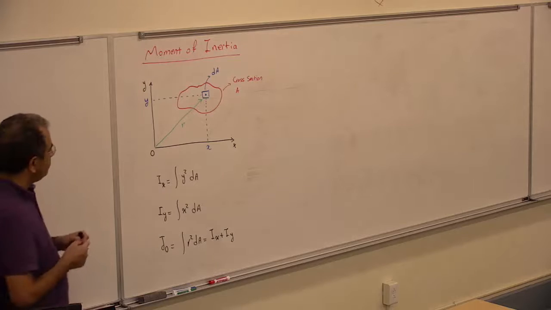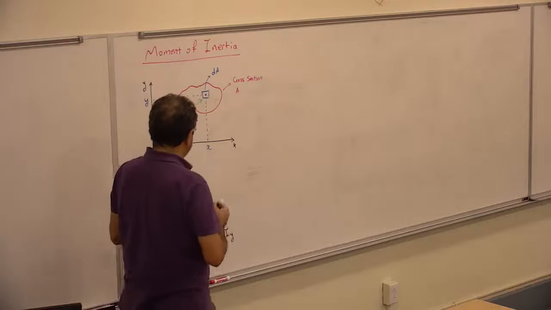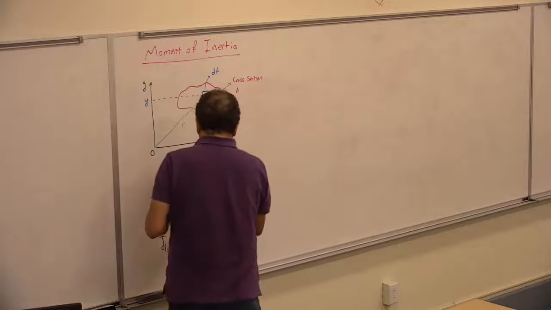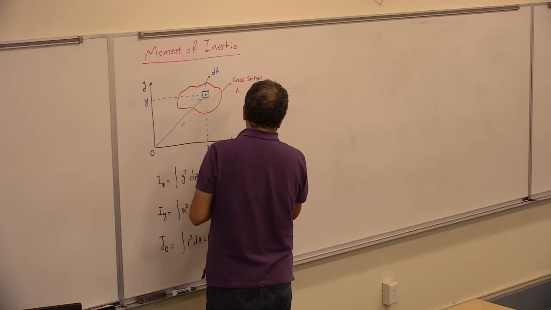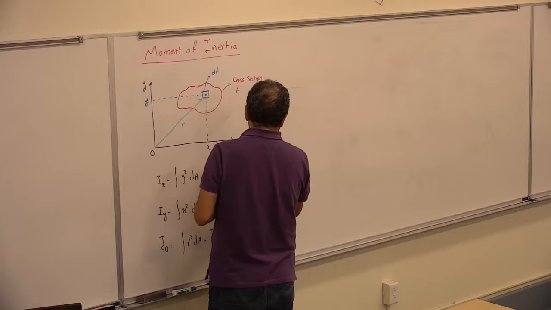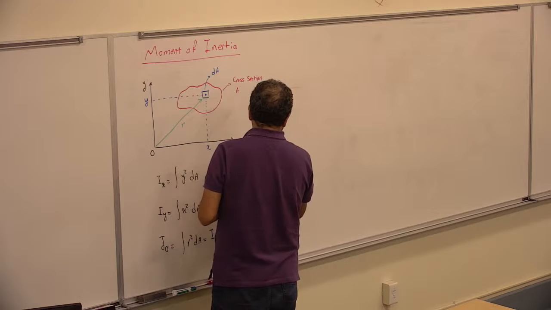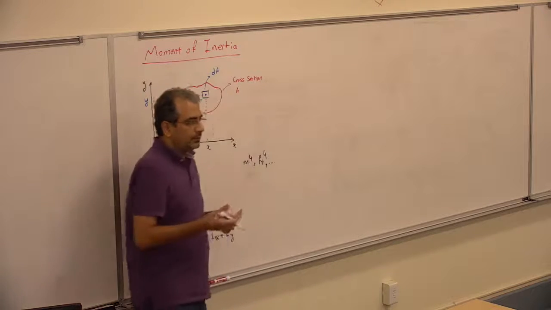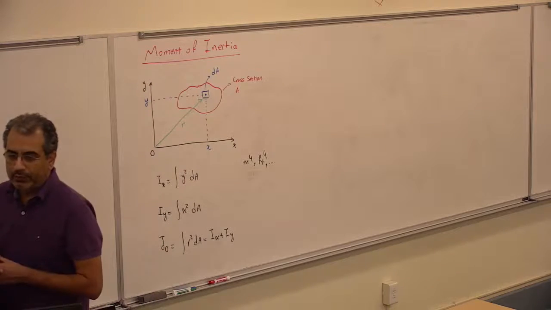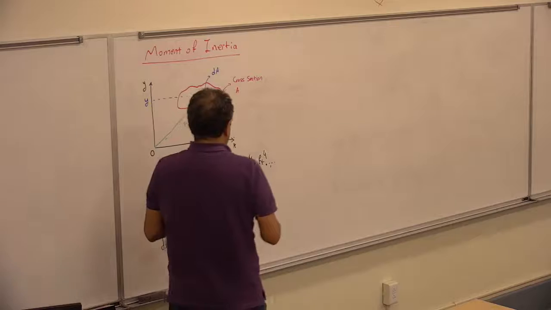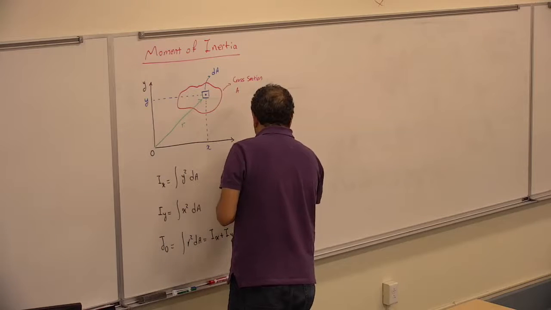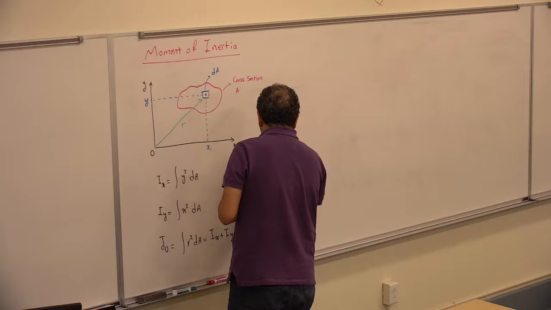So the unit for them is meter to the power of 4, or foot, or whatever. Another thing is that Ix and Iy and Jo, all of them are always